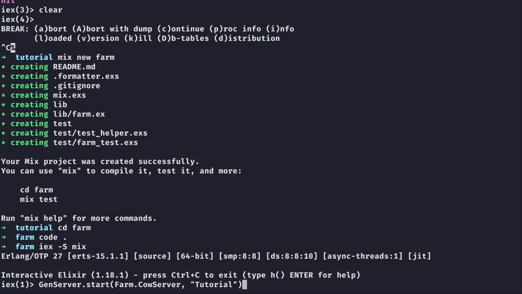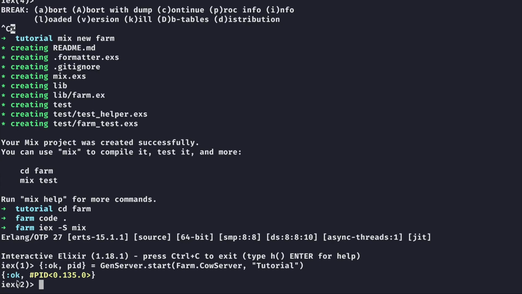So what this function returns is hopefully an OK tuple with our process ID of this tutorial cow process. So I'm going to pattern match on that so that we have the process ID and we can do calls and casts on this process. So we'll do OK, process ID equals GenServer.start CowServer with the name tutorial. Okay, so we got an OK tuple back with our process ID, and now we can do some calls and